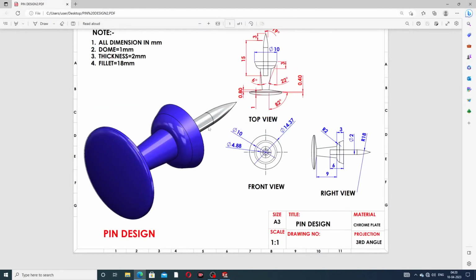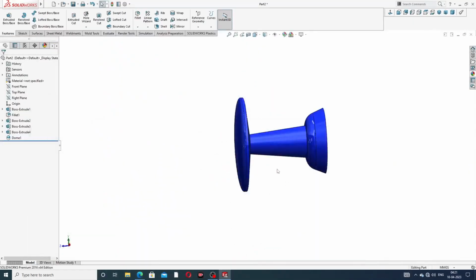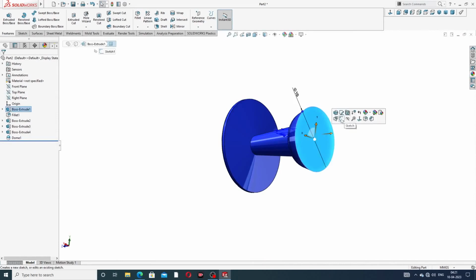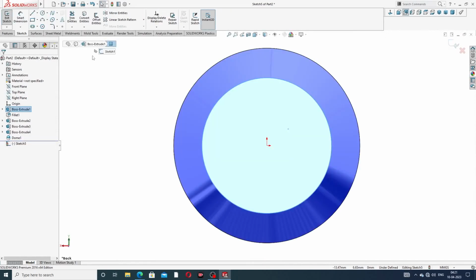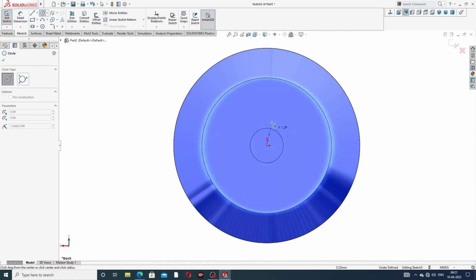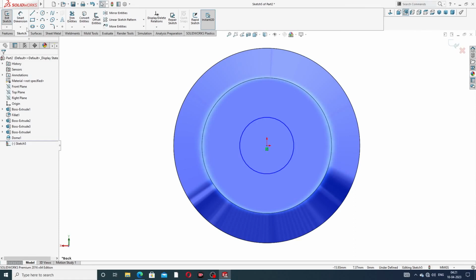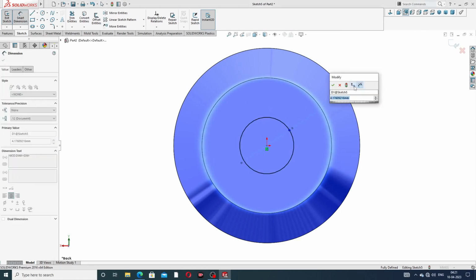And the next point is the pin drawing here, an important point. This pin diameter is 2 millimeter, and at first drawing, inside is 6 millimeter and outward is 15 millimeter, and again 3 millimeter is 90 degree. Okay, draft is available here. At first select this face, sketch normal, and draw a circle, and use a 2 millimeter diameter,